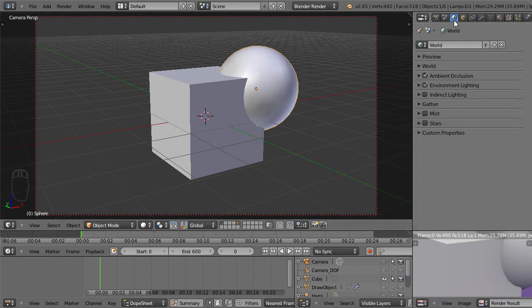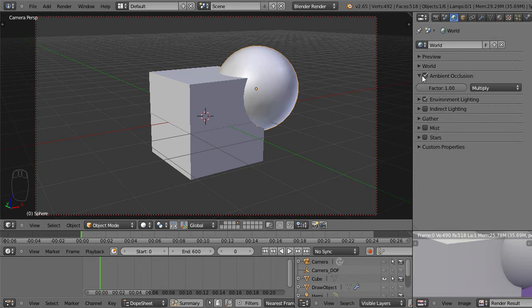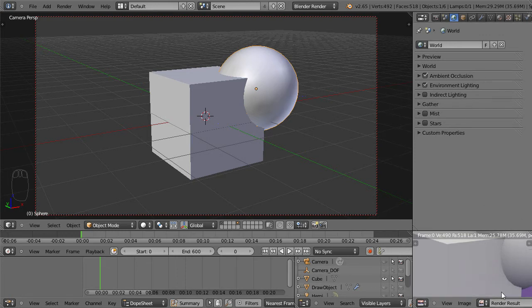Anyway, going down the World tab, so ambient occlusion, it can use up quite a bit of resources on your computer, but it makes your overall image look much nicer. And then we have environmental lighting highlighted, and